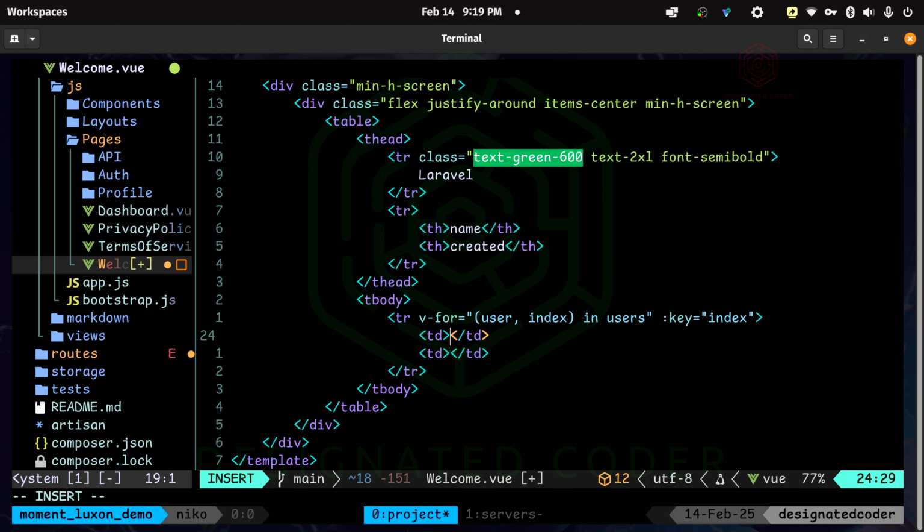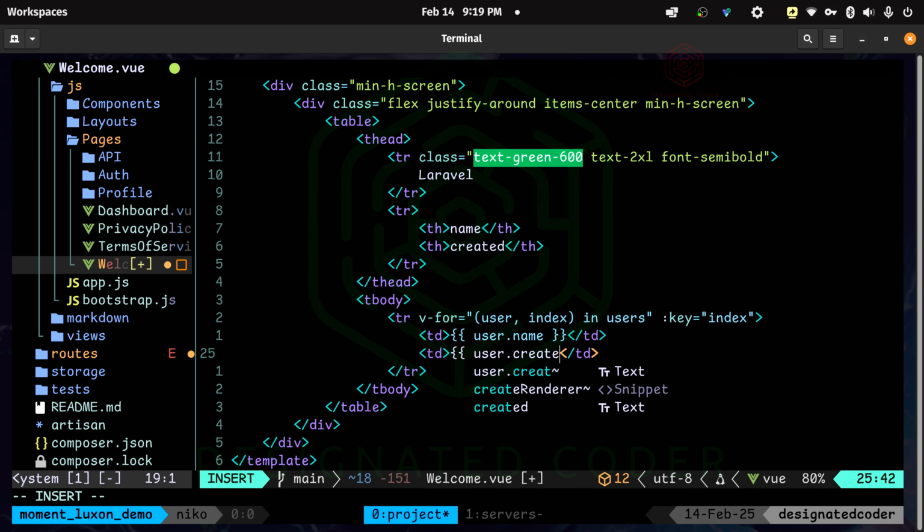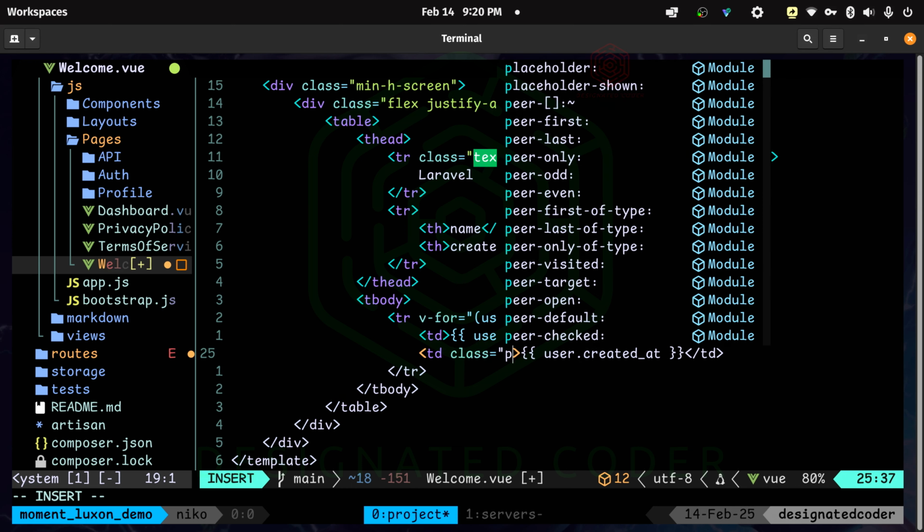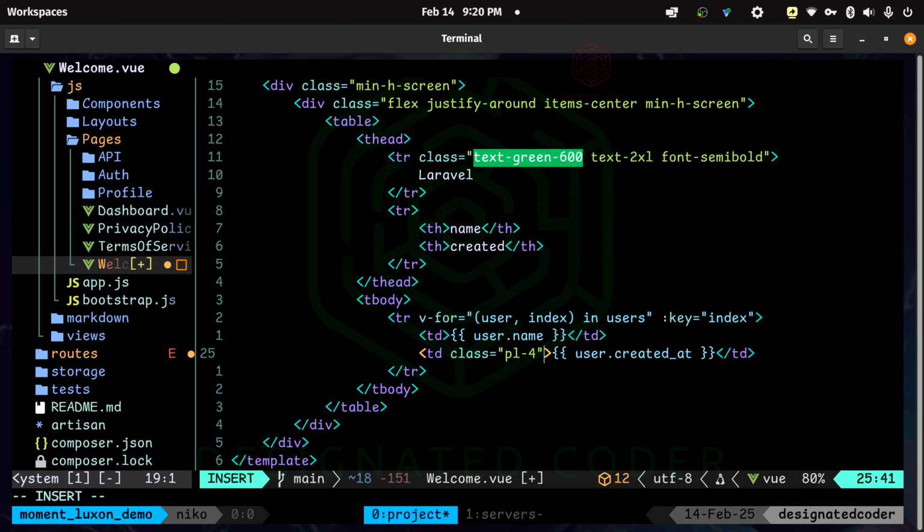Here we can do user.name. And here will be user.created_at. And on here, I just want to add a class of pl-4 for padding left, and let's see what we have now.